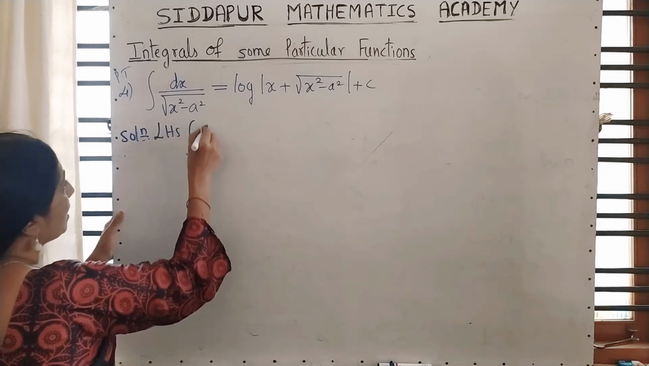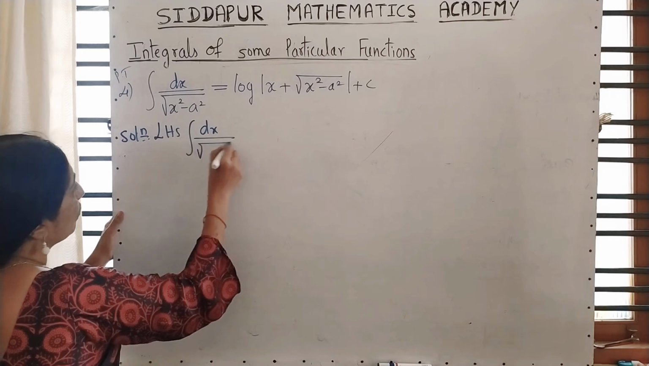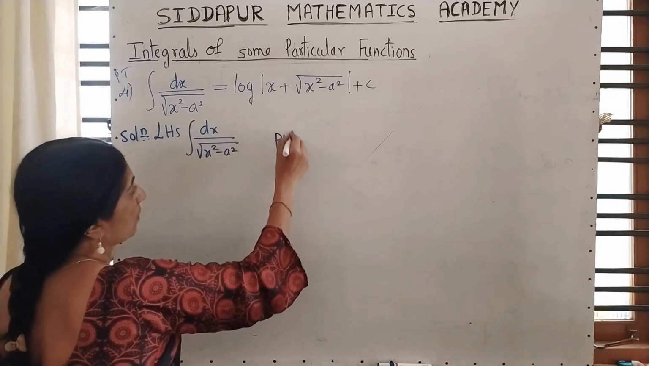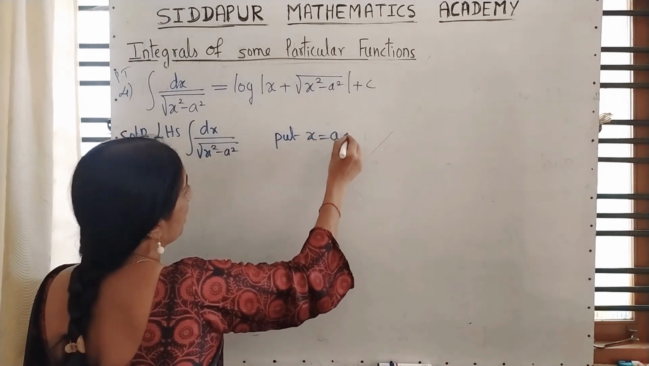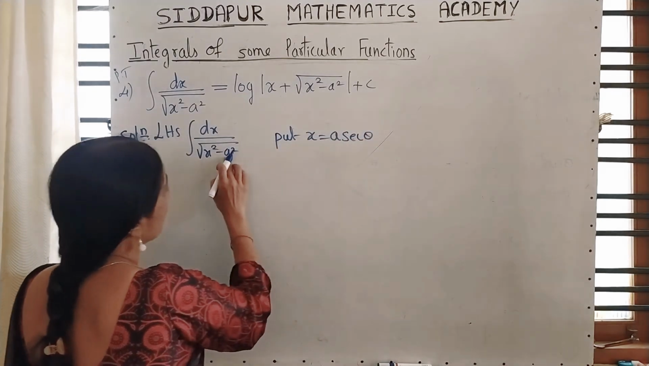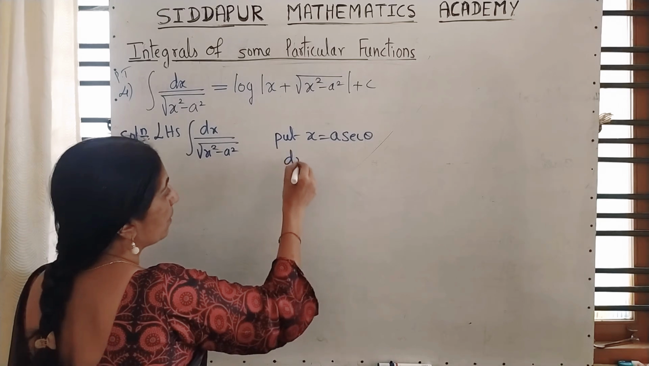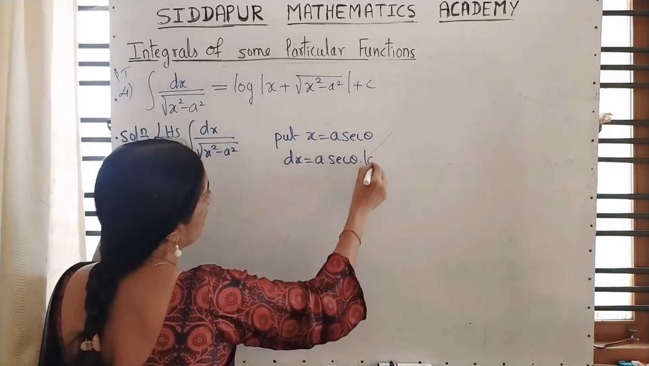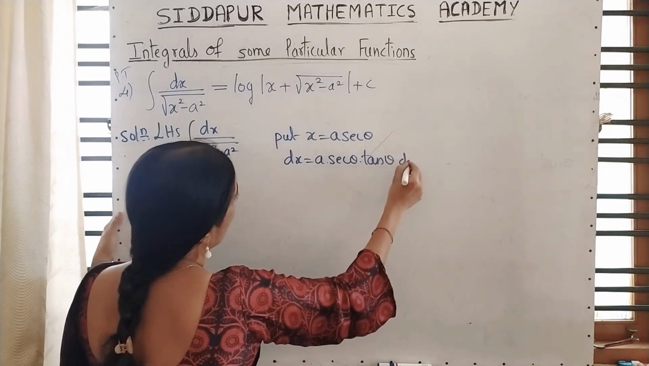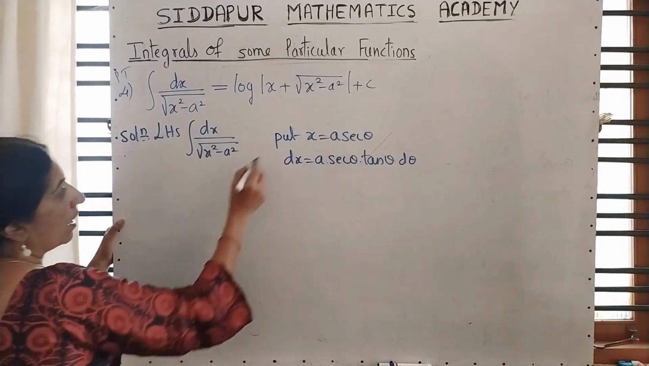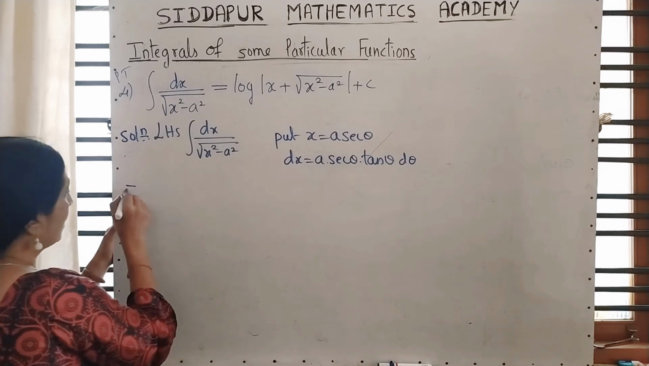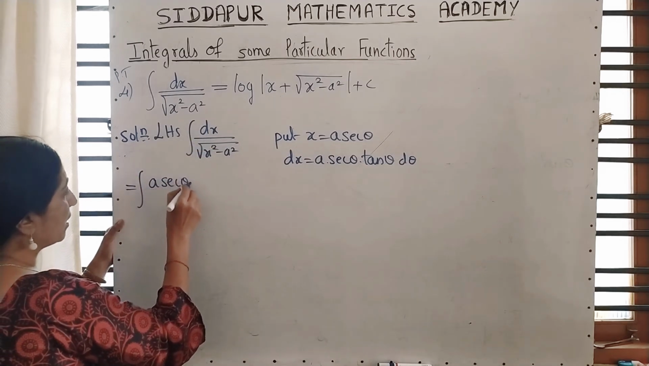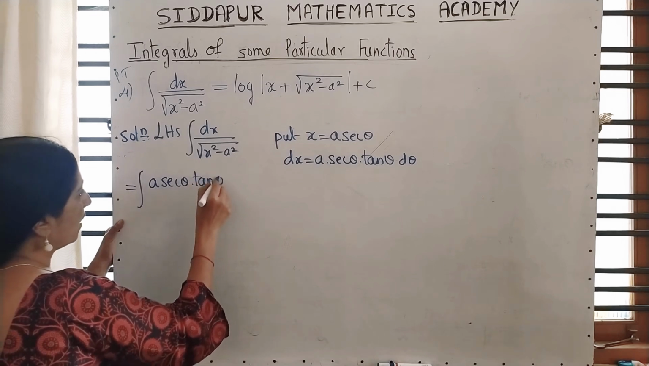LHS: dx upon root of x square minus a square. Put x is equal to a sec theta because of this number. dx is equal to, what is the differentiation of sec theta? Sec theta into tan theta into d theta. And the remaining I will explain later. Write down dx value: a into sec theta into tan theta into d theta